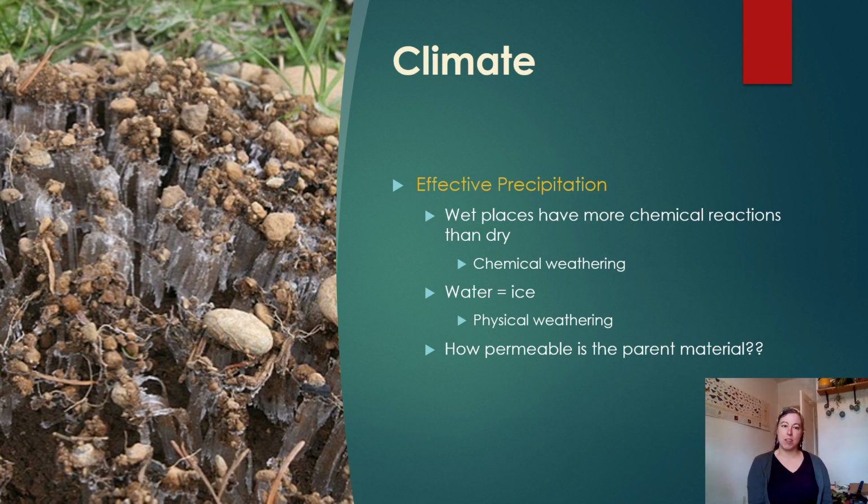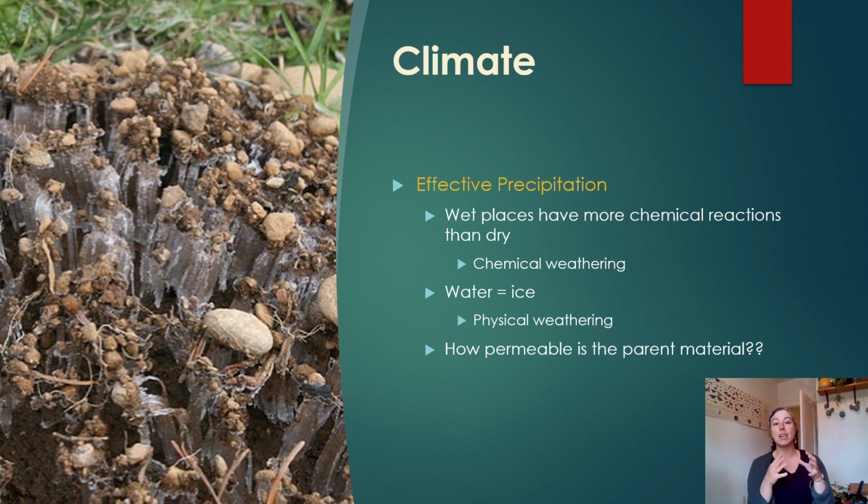Climate has so many things that affect the weathering and eroding of soil. Precipitation is a big one because wet places have more chemical reactions than dry places, because a lot of chemical reactions are sped along with the process of water. So chemical weathering happens more often where there is wetness. Water also can cause physical weathering because it can freeze into ice. So where you have a lot of water and temperature fluctuations, you can have physical weathering due to that water taking up a certain amount of space, and then as it freezes, the ice takes up more space and it